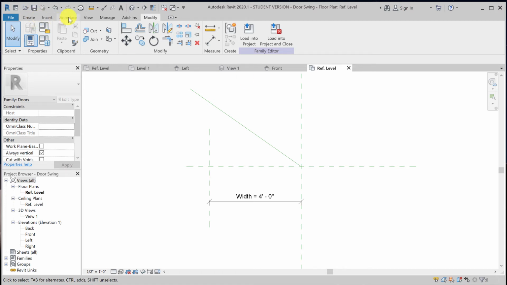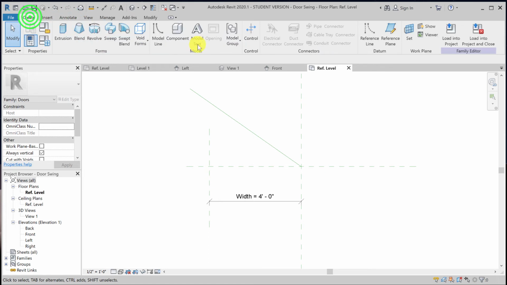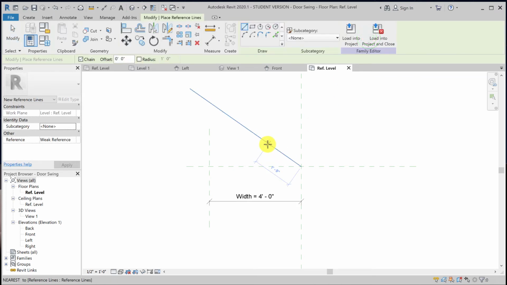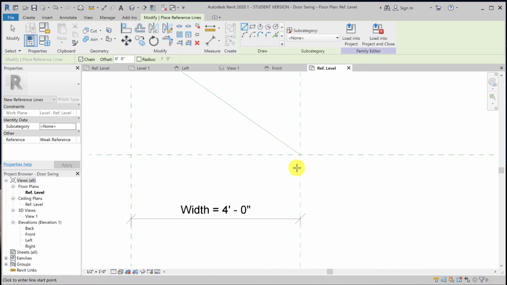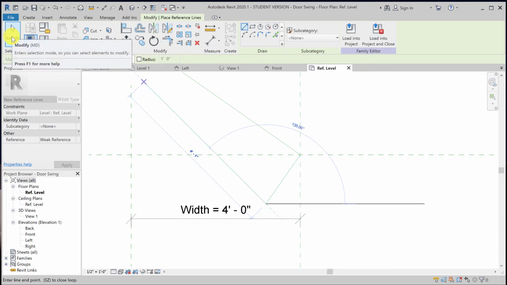So the next thing that we need to do, we're gonna go to Create and again use the reference line. So we have this as a reference line, and this is a second reference line, and I will start this line right here at the intersection of these two reference planes. So I'm going to be near it so I can find it easily, or there we go. So I got it, and I'm going to draw it so that it's 90 degrees from this first reference line. Okay, and I'm making it about 1.5 inches long. It doesn't really matter. Okay,